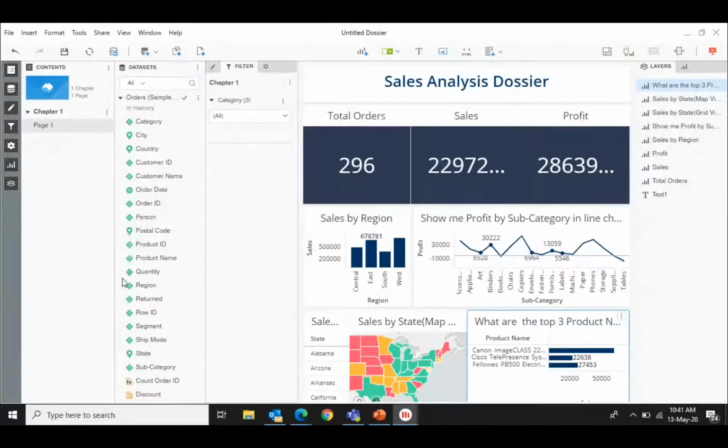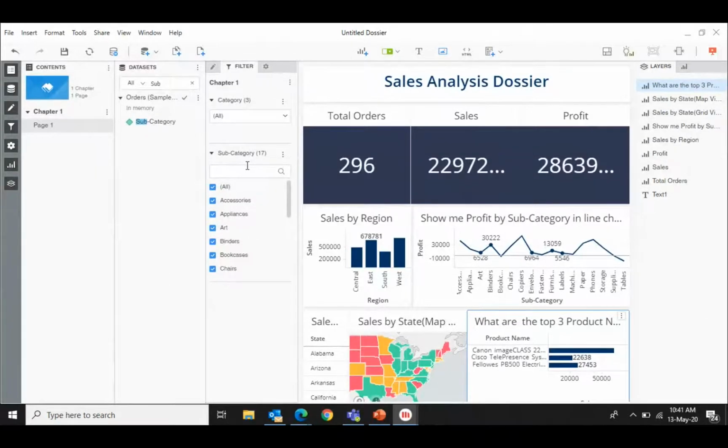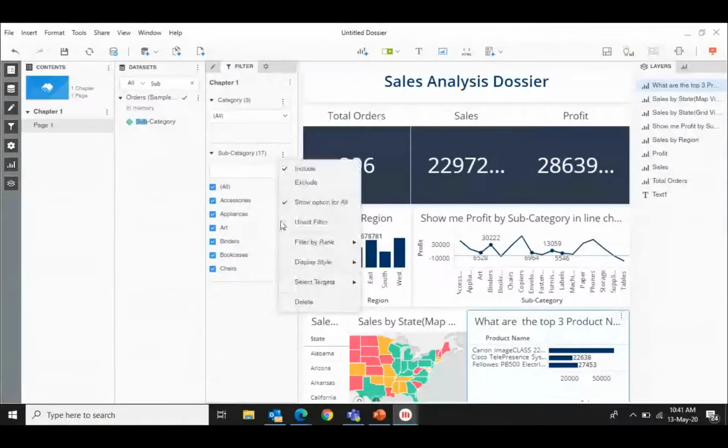I have by category. I need by subcategory. So you need to follow the same process when you're designing your filter. One thing that you need to make sure is that the theme or the type you are displaying in the dossier needs to be consistent. It's not that I select a drop down here, then I select a checkbox. It needs to be consistent to look good. So display style, drop down,